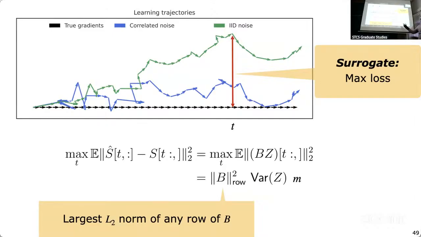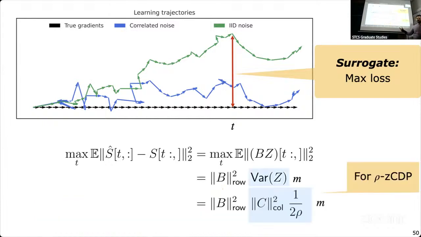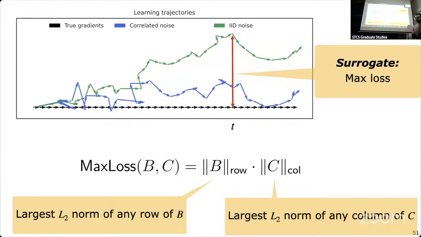Again, our variance of Z comes from the column norm of C. So those are really the two things that matter here. And then we have something depending on the privacy level rho, on the dimension, and so on, things that are not related to the actual factorization that we choose. So for the purpose of the factorization, what we care about, and this is how we define the max loss, is the row norm of B times the column norm of C. And throughout, the constraint is that B times C is the prefix sum matrix A. So by optimizing this, we find the correlations that we actually use in practice.